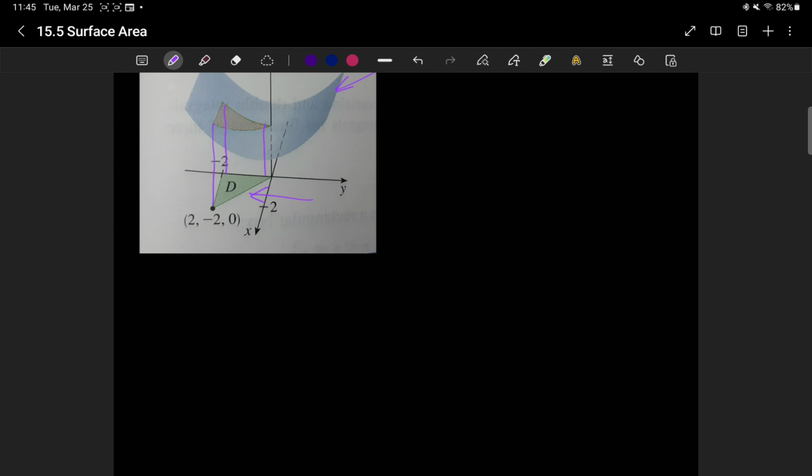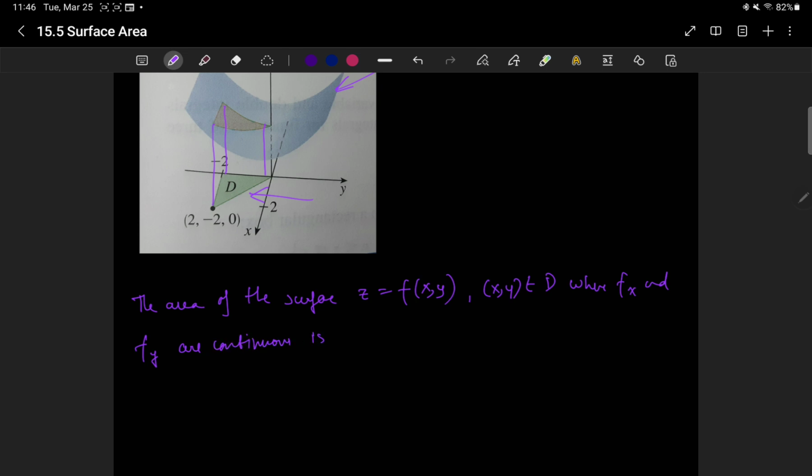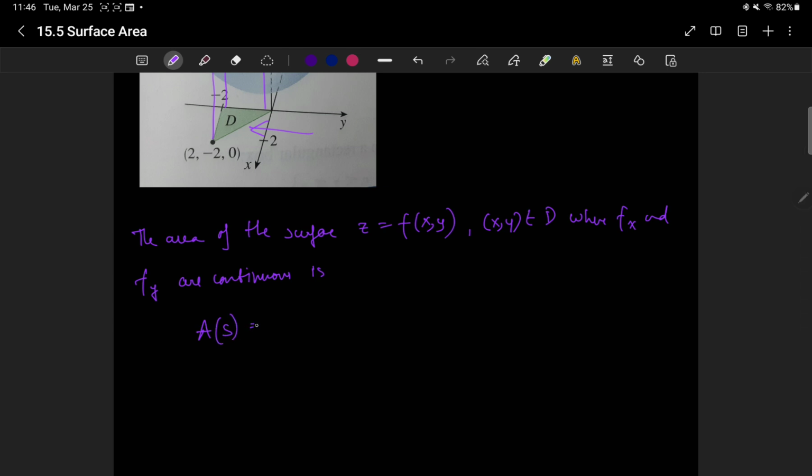So I'm just going to give you the result, the area of the surface. If you have z equals f of x comma y, that's a surface, where (x, y) belongs to region D, and f sub x and f sub y, the partial derivatives, are continuous. The area of that surface on the region is given by, so we're not finding the entire surface area, it's for a given sliver of the region, the square root of, you find the x partial squared, you find the y partial squared, plus 1,